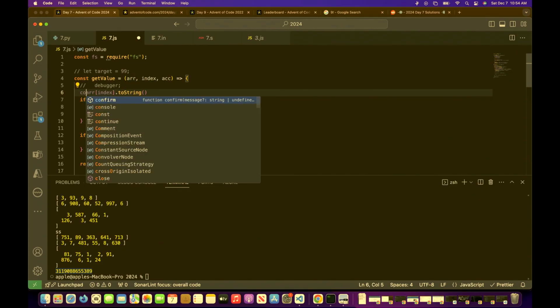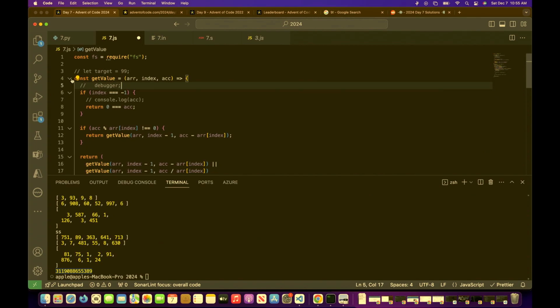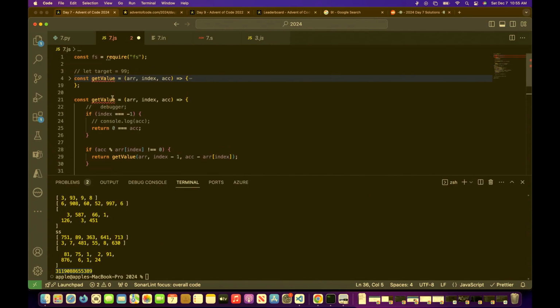Okay, so what happens is we're gonna create a new function. If this fails, then we're gonna try with another function, get value with an OR,